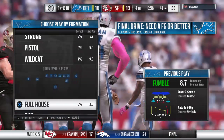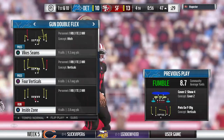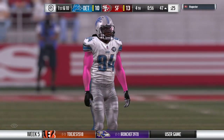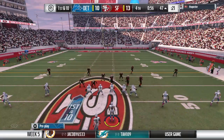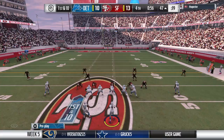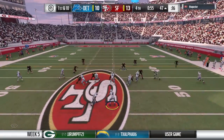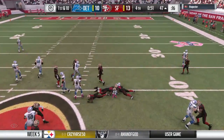Here's the Detroit offense now as they head back out onto the field. They're only in need of a field goal, a decent amount of time on the clock. So tell me if I'm wrong. You don't have to be too panicked here. No, not at all. I agree with you. And this is where your preparation and your confidence comes into play. They've worked on these situations. They practice this all the time. They know what they want to get done. And in a lot of cases...